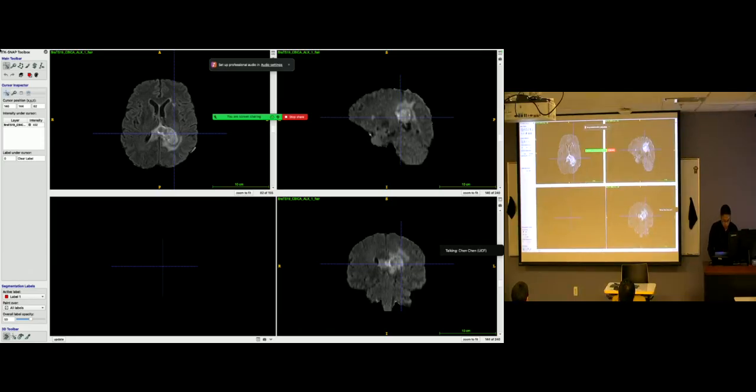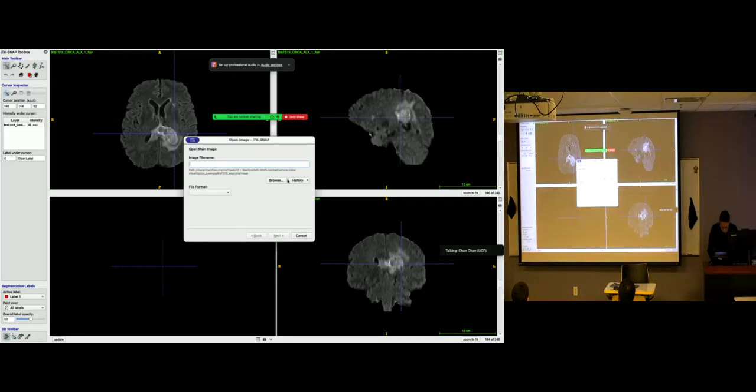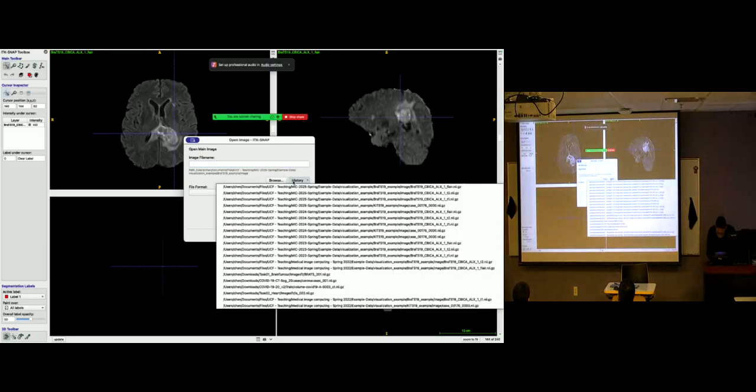Okay, so I actually have an MRI file open.